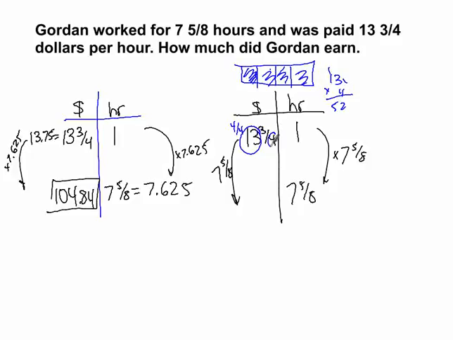Or you can think 4 times 13 plus 3. And so we really have 55/4, and we're multiplying 55/4 times 7 5/8. In this case, 8/8 make a whole. So we really have 56 plus 5, which is 61/8. So we need to really multiply that times 6